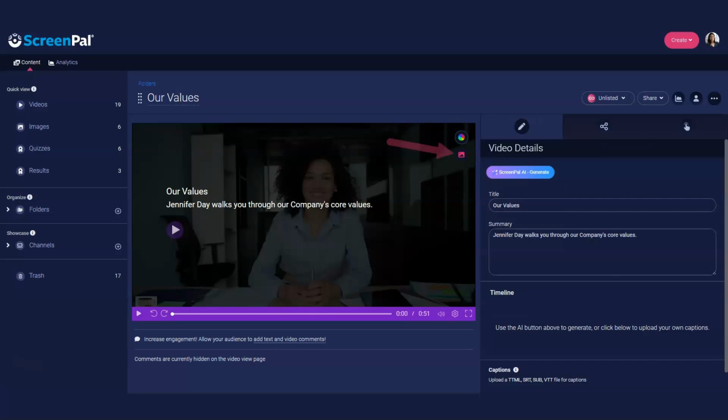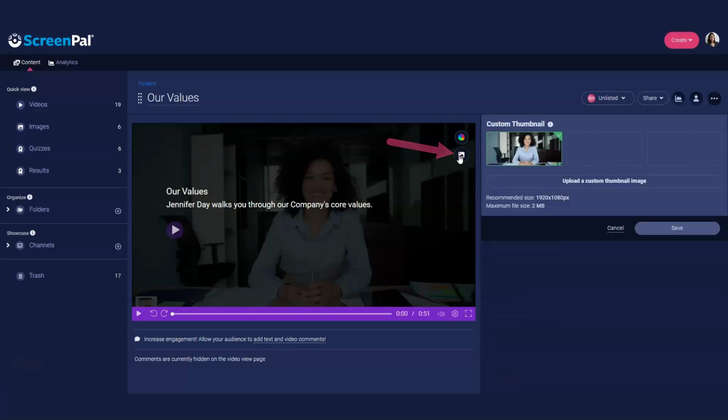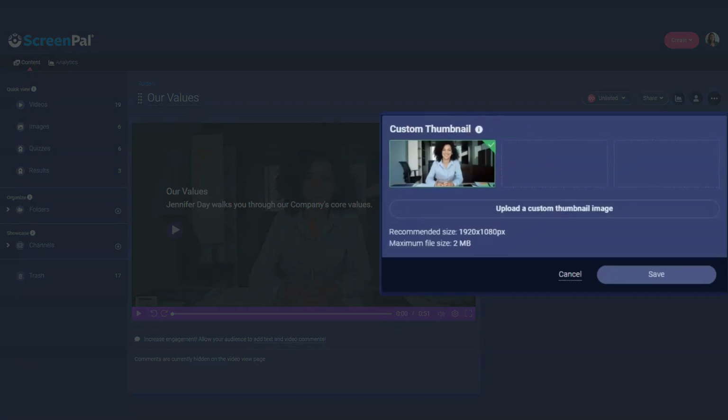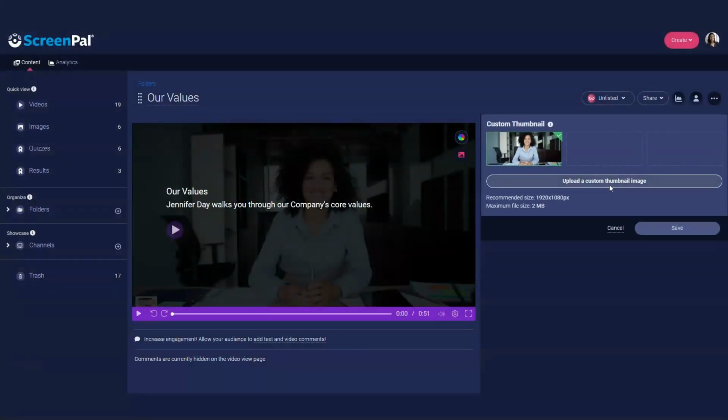To add a custom thumbnail to the video, click this icon. The thumbnail is displayed before your video begins playing and can be any image you choose to represent your video. Just click the Upload button, choose an image from your computer,